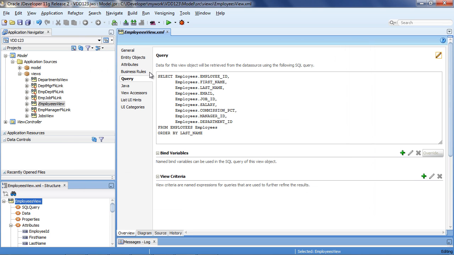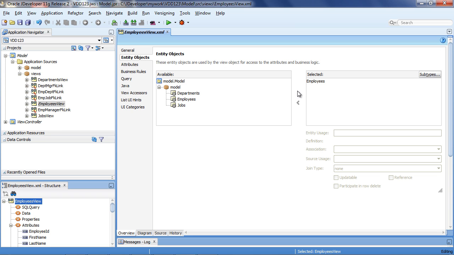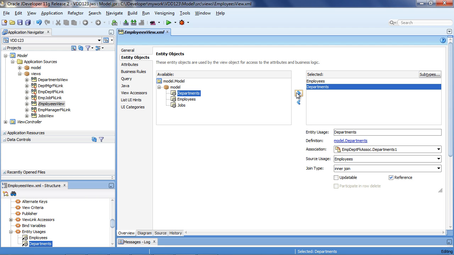Another thing we can do here is that we can see that we're bringing back these attributes. Now, job ID, or let's say department ID, is maybe not very useful. We'd rather see department name. That's more useful to our end user. So we can say that this view is based on not only the employees table, but also some information from the departments table.